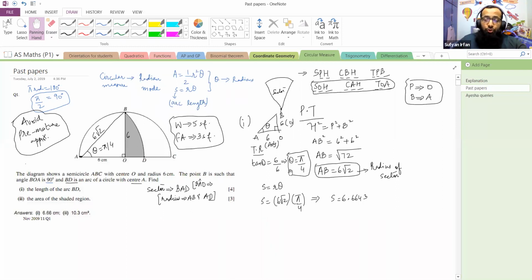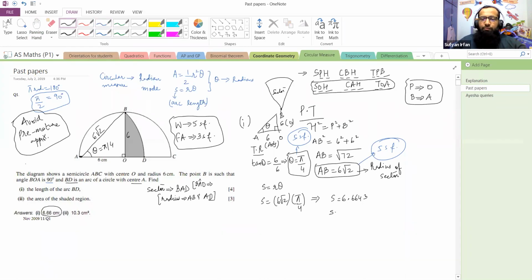So even if you are willing to convert the exact angles into decimals, it's better that when you convert theta, pi by 4, you take 5 SF over here. And even from here, you have to use the 5 SF figure. And if you multiply both 5 SF figures together, the answer in 5 SF would be perfectly fine. And when you round it off to 3 SF, the answer will definitely match that of the examiner. The examiner has given 6.66.